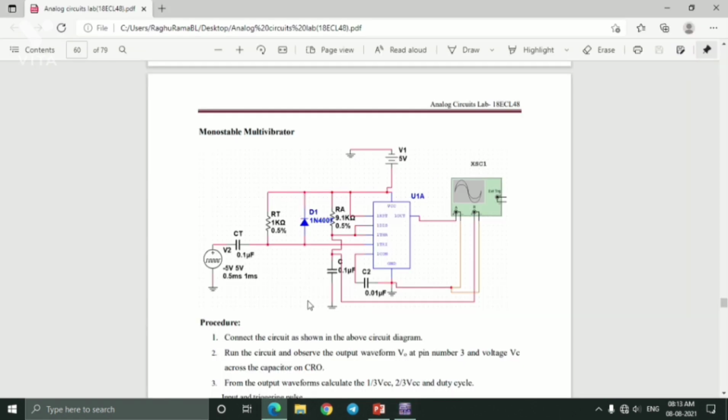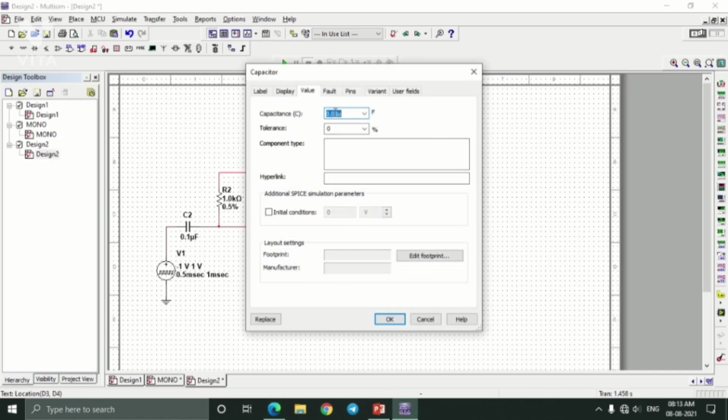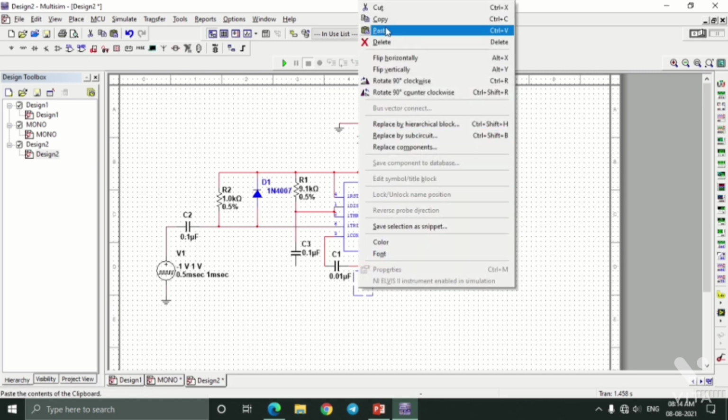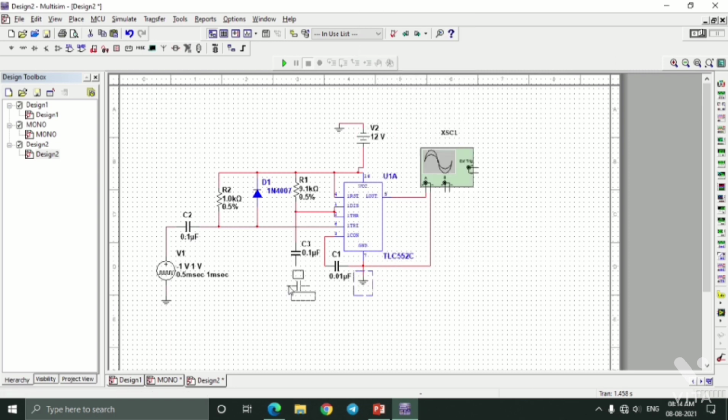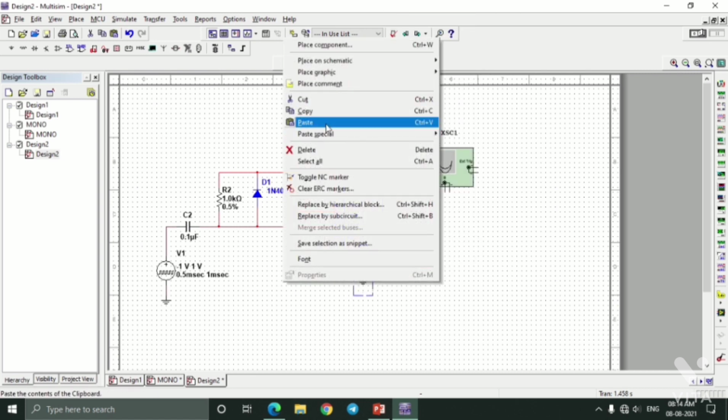and this capacitor value is 0.1 microfarad. So change the value, connect in between this resistor and the ground. Now do connection for the ground, copy the ground and paste it.